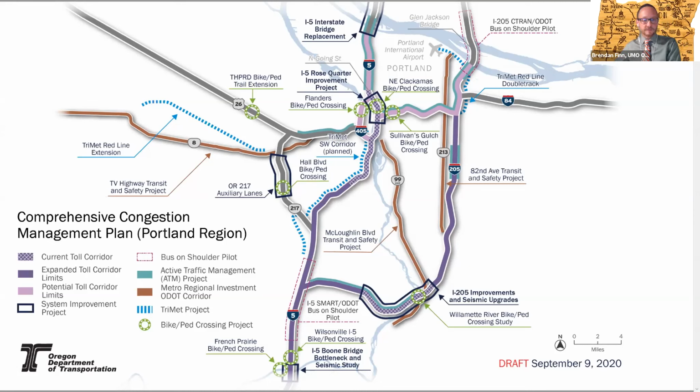So this map, there's a lot under it. There's a lot going on. I'm not going to go into detail on it, although I'm going to be happy to answer any detailed questions that members of the commission may have. This obviously highlights some of the HB 2017 projects, mega projects, the Rose Quarter project, the Highway 217 project, and the I-205 project, as well as new, but this was not part of HB 2017, the Interstate Bridge Replacement Office,